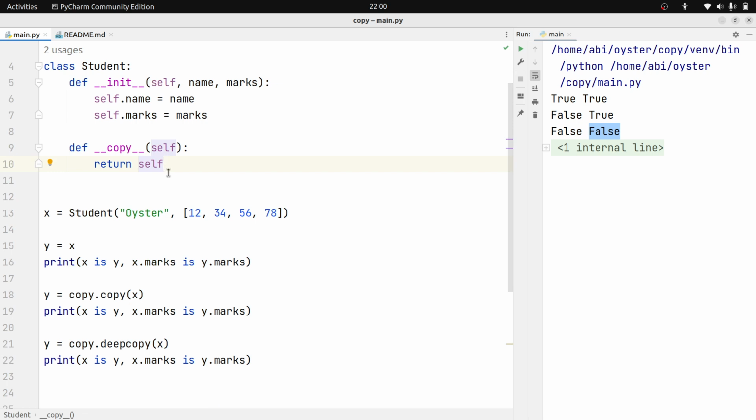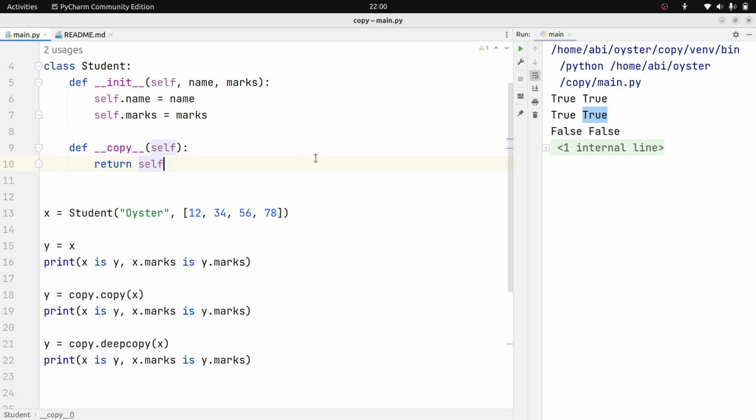Return the self. Now try. So here this is a shallow copy part. Here you can see that the container object is the same in both, and the inner object is obviously the same, because the container is the same. And yeah, you can write like this. You can override that